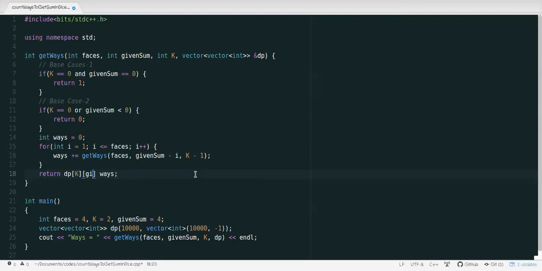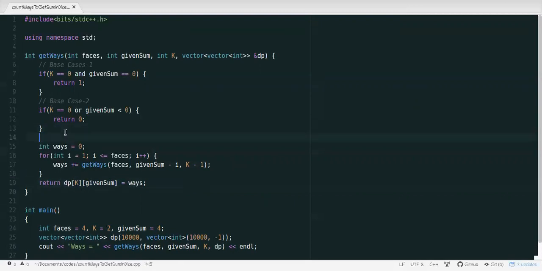So this is DP of k and given sum, right? Cool. So I just have stored the result. And as I have stored the result, for any state containing some given sum and k that is still unexplored, I mean which has still not been explored, the DP of k and given sum will be -1, isn't it?